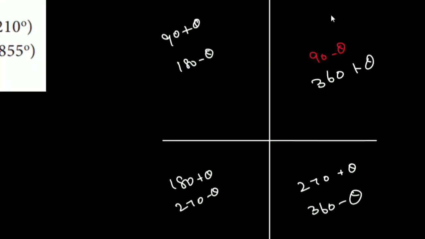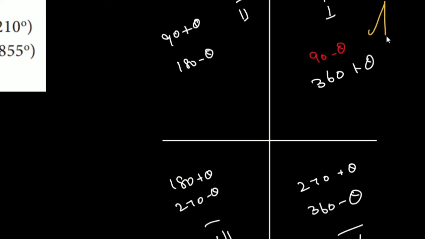Find the values of each of the following trigonometric ratios. Sine 300. This is the first quadrant. This is the second quadrant. This is the third quadrant. This is the fourth. And a very important thing is you should know